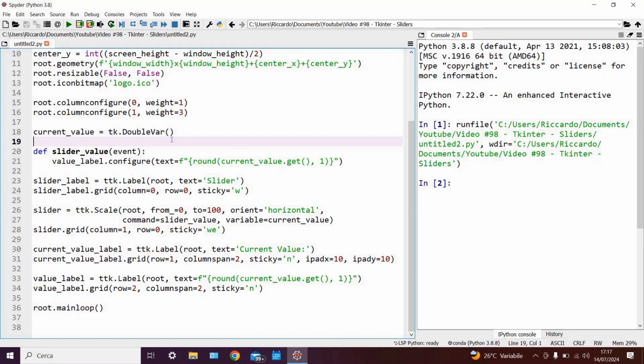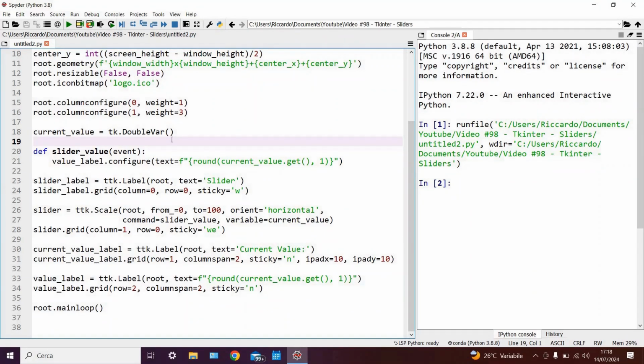Should you have any queries about using a grid to position our items within our window, then please make sure to check out my dedicated tutorial on this topic, which I've left linked for you above as well as in the description below. Now, returning to our code, we can see that on line 23, we can go back now,